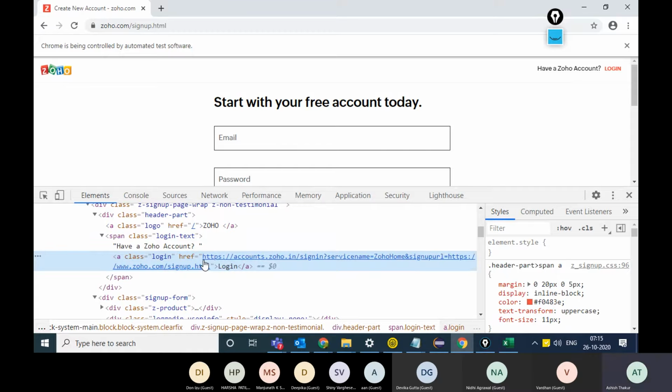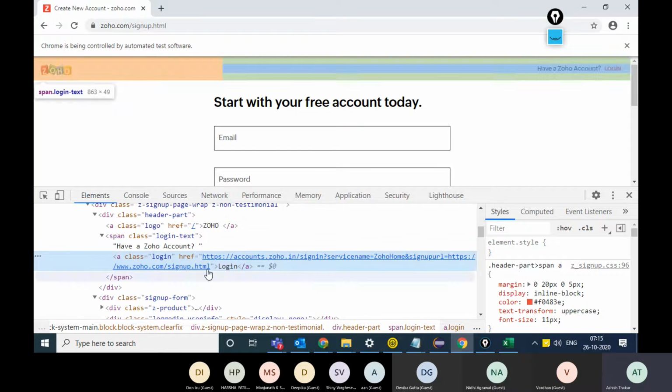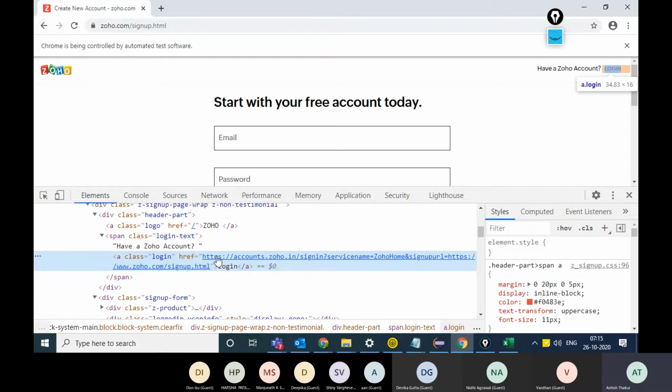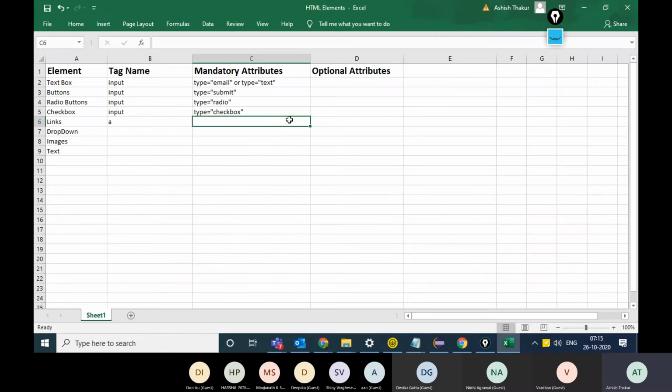This href attribute will load the URL. When you click on this link, this particular URL will be loaded. You see the link tag opens over here, then you have the text in between and then it closes. In the href attribute, the URL is there which will open when you click on this link. So in case of a link, href is a mandatory attribute, hyperlink reference.